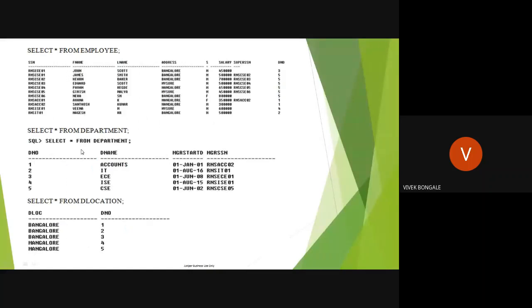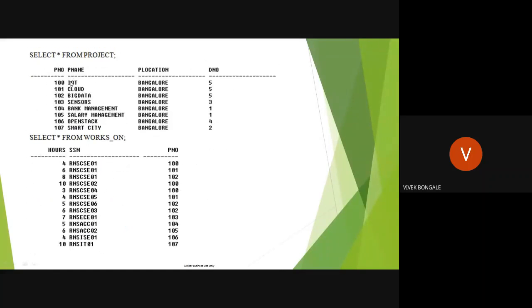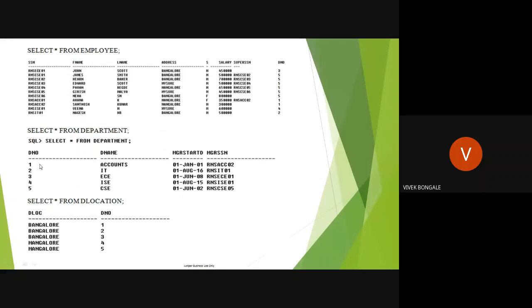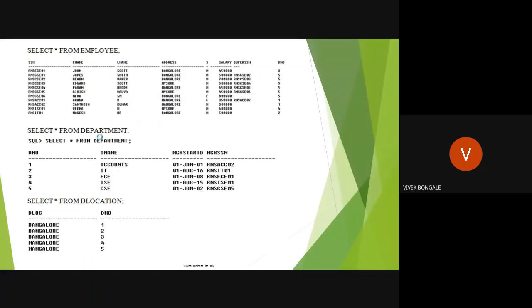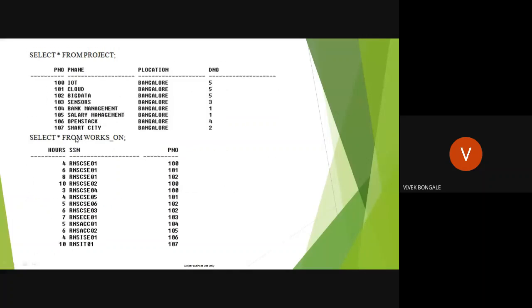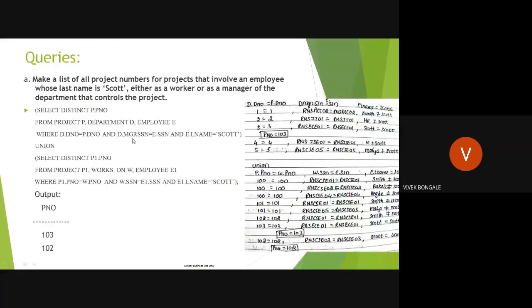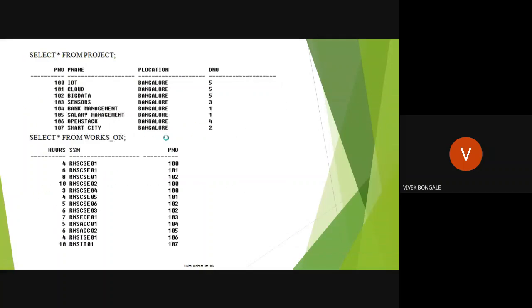Department number in the department and project tables, correct? So here D and P, we are comparing the department number with the department number in the project table, right? Department 1, here we start comparing. Yes, we have 1 here, so it is equal. This condition is satisfied. Next is what? Manager SSN equal to E.SSN, right? Department and employee table.